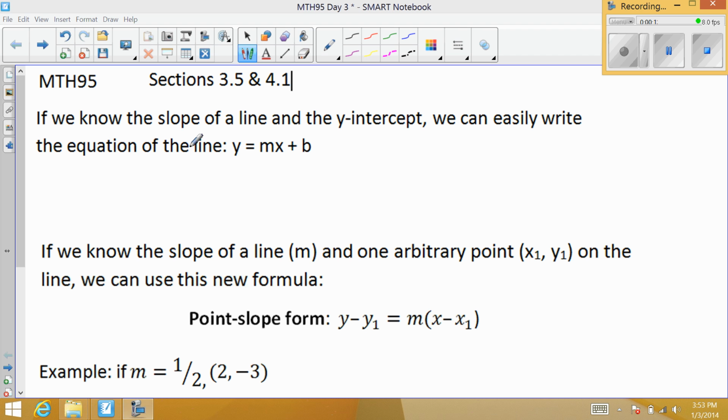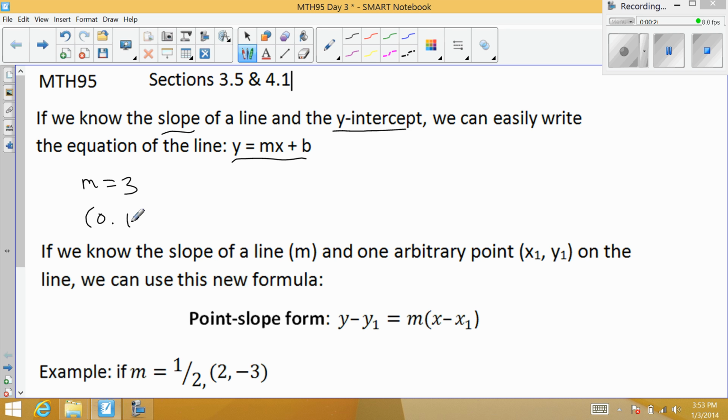So far we know if we have the slope of a line and we know the y-intercept, it's pretty easy to write the equation of the line, y equals mx plus b. So if we know that a line has a slope of 3 and it has a y-intercept of say (0, 1), from that information, we can immediately write the equation of the line, y equals 3x plus 1, because 1